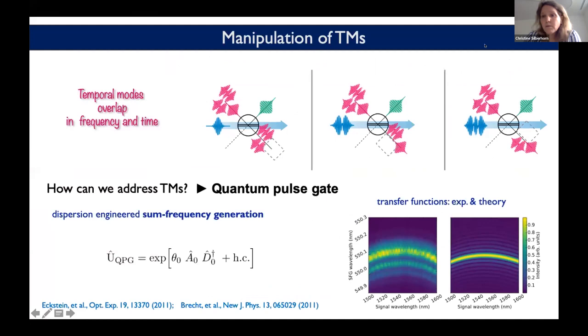For that, we invented the quantum pulse gate. As I told you at the beginning, it's a dispersion engineered sum frequency generation process that is similar to what I presented to you for the PDC to start with. And what we can do now is we have a knob again with a pulse. In this sum frequency generation process, the red photons are our signals, which we want to manipulate. And then we can have like an add-drop filter for temporal modes with these pulse modes and do complete